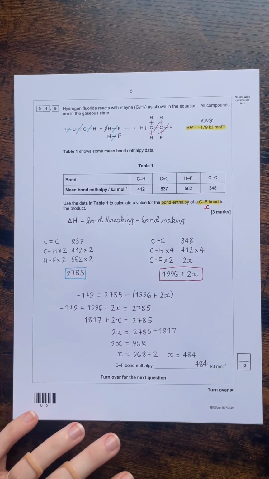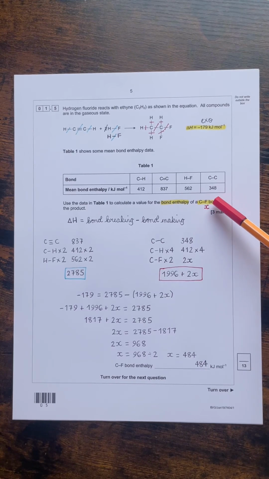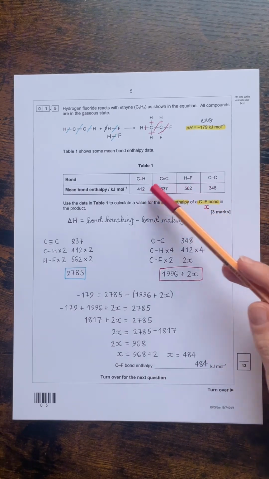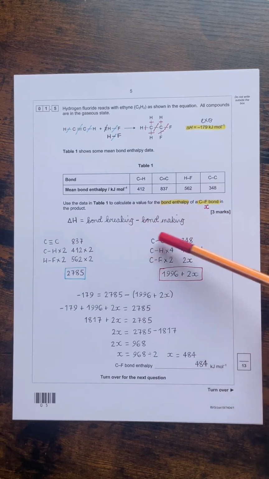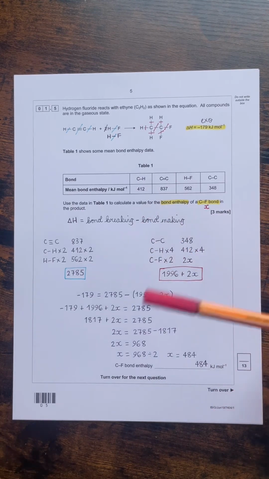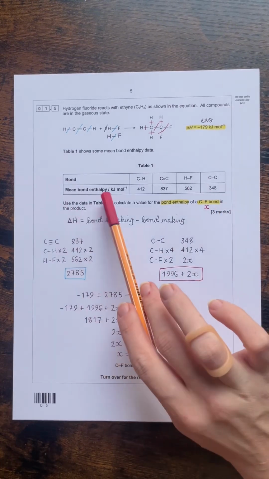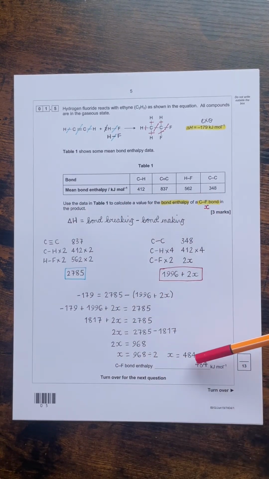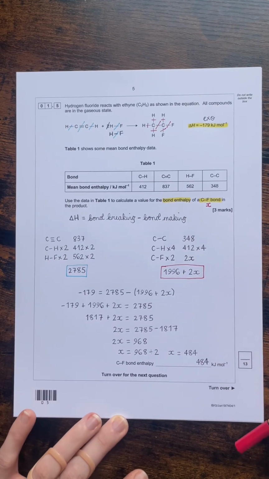Now, a couple of things. Even though we are making these bonds, and thus energy is being released, we would need to come out with a positive value when we do this calculation, because all of these numbers are positive, and that's why, like I say, we do take away the energy that is released when bonds are made, so that kind of becomes negative to represent that they're being made, not broken. But every single mean bond enthalpy value should be positive. So the fact that it came out as positive 484 made me breathe a little bit of a sigh of